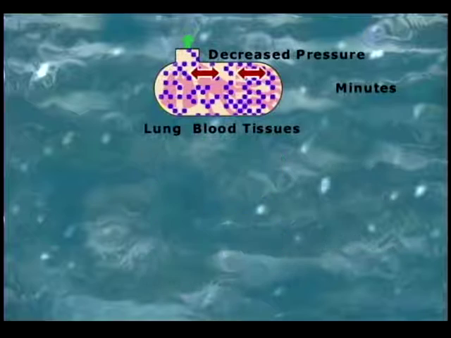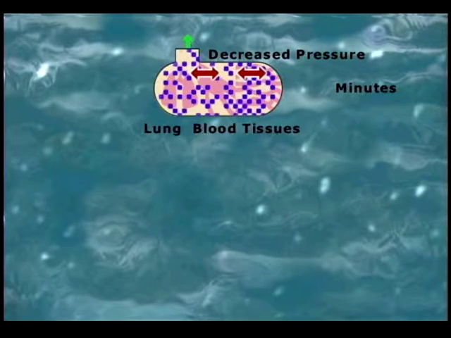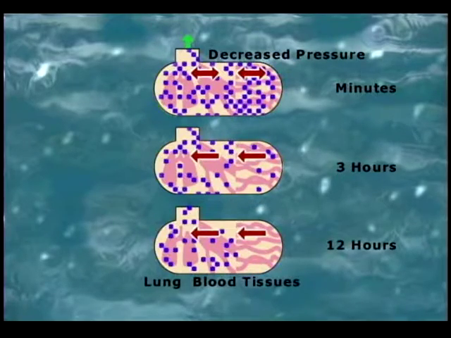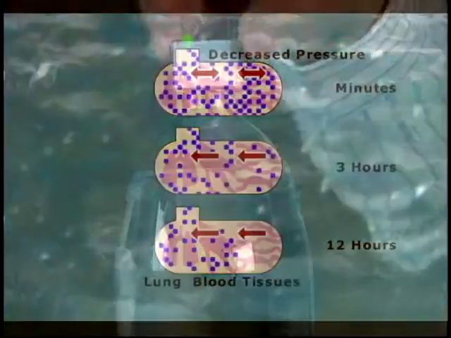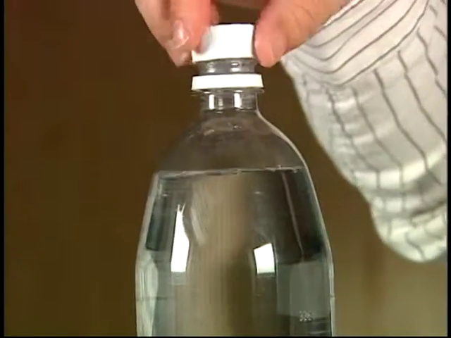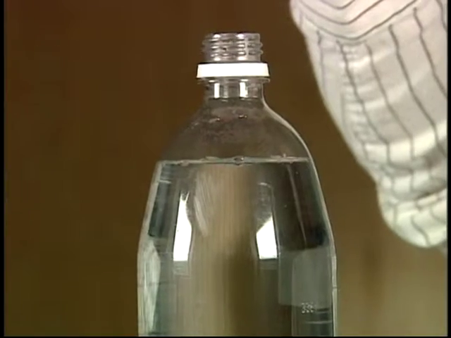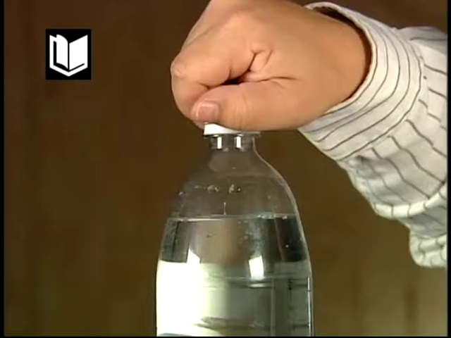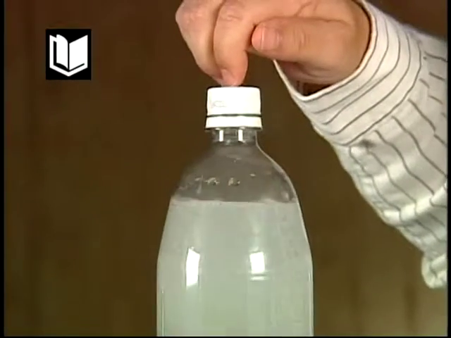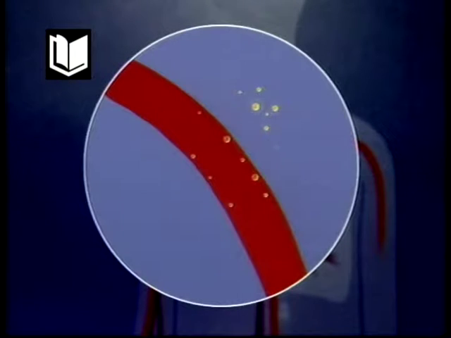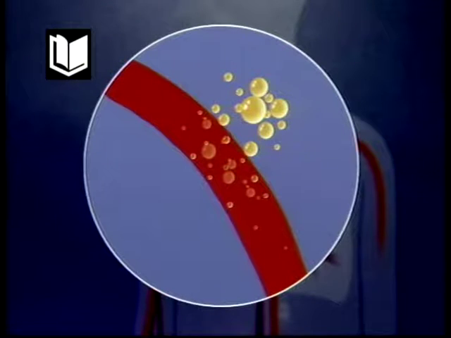This process occurs rapidly during the first few minutes after you ascend, but it takes many hours for your body's nitrogen level to return to normal. If you reduce the pressure on your body gradually, like we are doing with this bottle of soda, off-gassing occurs without a problem. However, if the change in pressure is sudden, the soda will bubble over just like the nitrogen in your tissues can come out of solution and form bubbles in your body. These bubbles can damage tissues and can cause a painful condition known as decompression sickness or the bends.